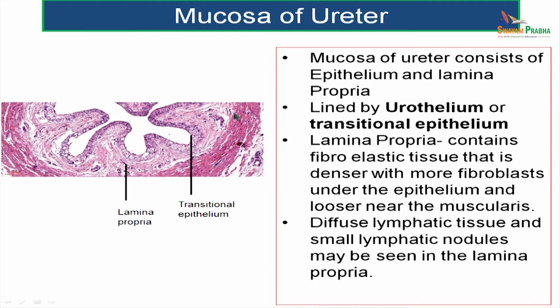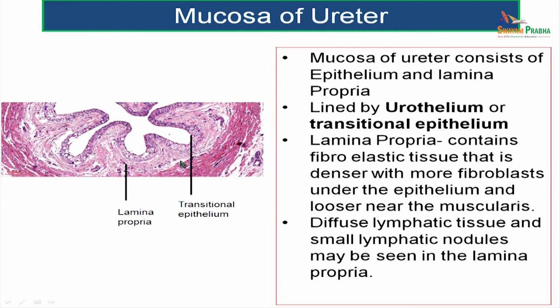First, let us take up mucosa of the ureter. Mucosa consists of epithelium, which is transitional epithelium, also called urothelium. Epithelium with lamina propria is the mucosa. So, the lamina propria, if you look at it,